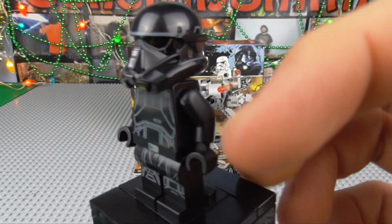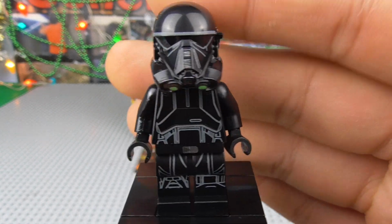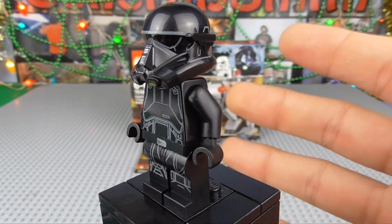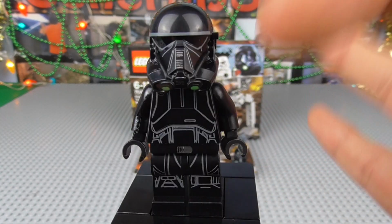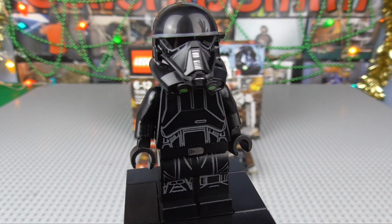Nonetheless, of course, no arm printing and stuff like that, but still, overall, an amazing minifigure and definitely something to get multiples of. I am glad of the ratio we got in this set, because of course we've got 2 regular and 2 Death Troopers. Some people would rather have had 4 Death Troopers, of course, but in my personal opinion, I think